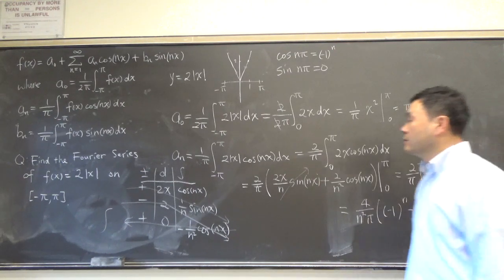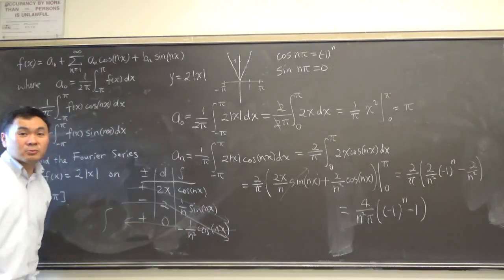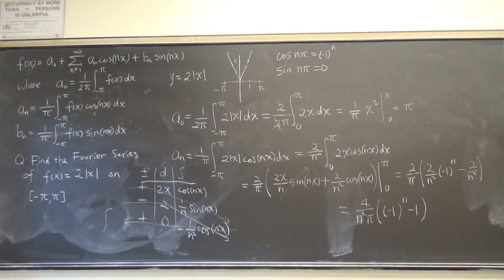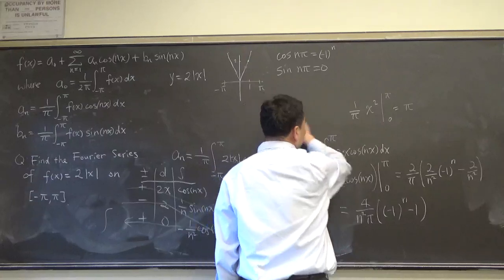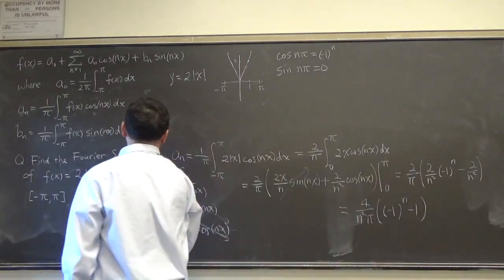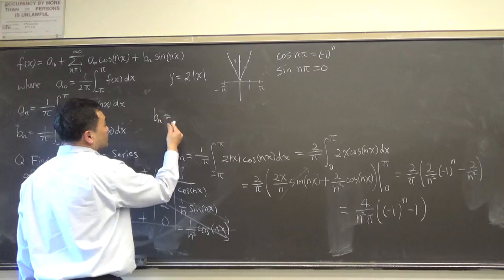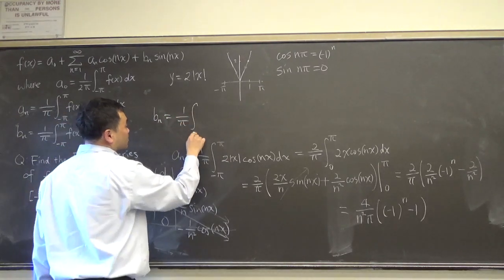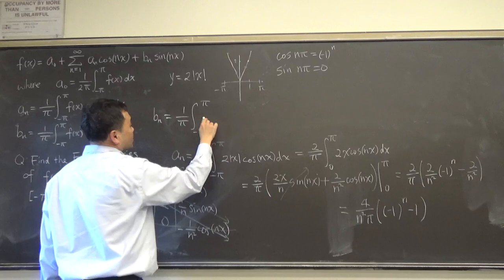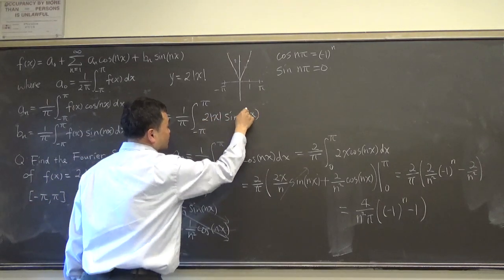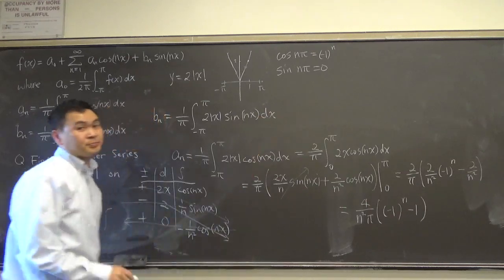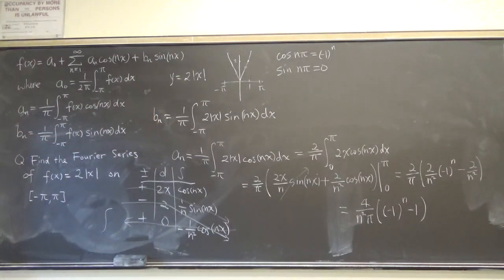Okay. All right. What's the next thing? What do we do next? Bn. Yeah, Bn, right? Let's calculate Bn. Bn is 1 over pi integral from negative pi to pi of 2 absolute value of x times sine nx dx. Okay. And the answer for that integral is